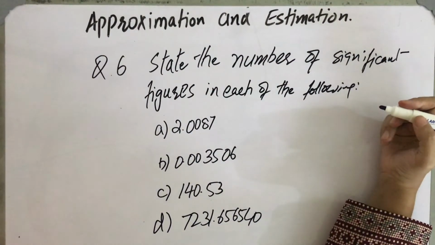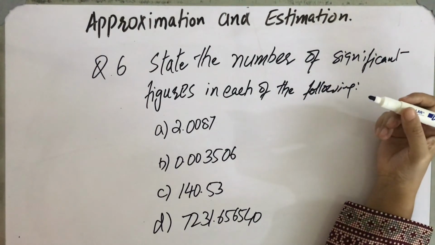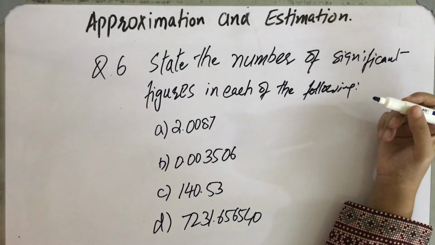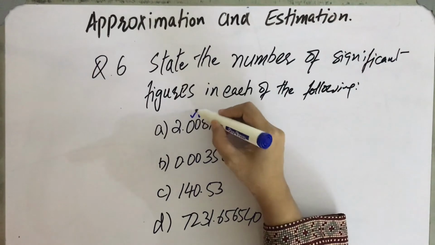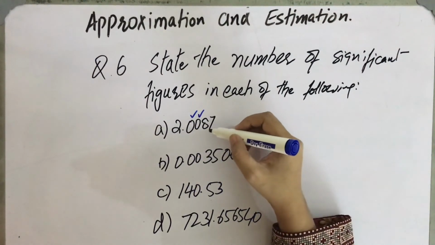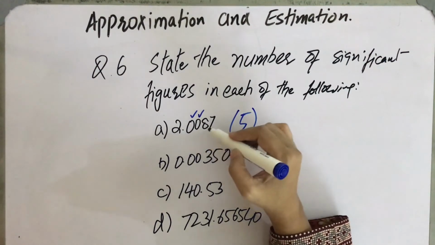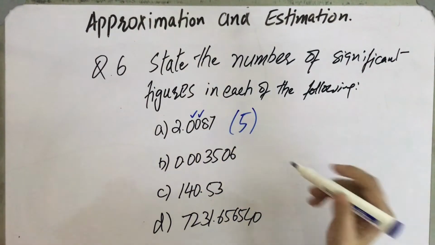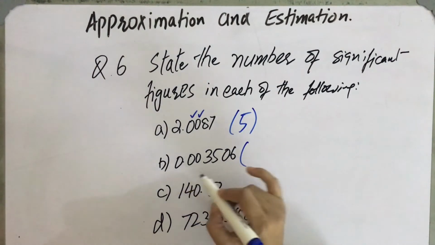Now we have to work on the number of significant figures in each number. There are 4 to 5 rules for finding the number of significant figures in any number. The most important rule is that the sandwich zeros, the zeros between the non-zero numbers, are significant. That is, in this number we shall have 1, 2, 3, 4, 5 significant figures. The zeros between the non-zero numbers are significant, so we shall count here a total of 5 digits. The second rule is the zeros at the start of the numbers.